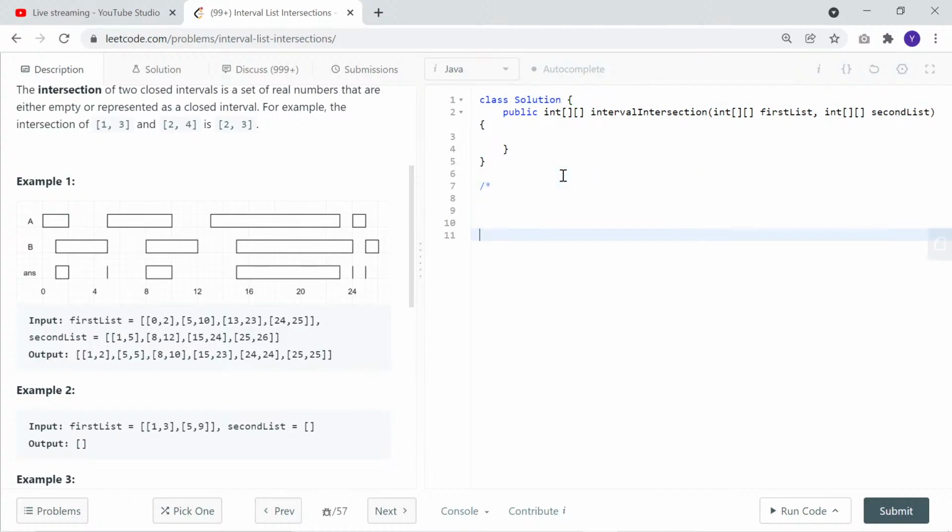For two intervals, we need to decide how they intersect. So these two are considered intersected, but if you have another one which is here, then it's not intersected with either one. So to decide if it's intersected,